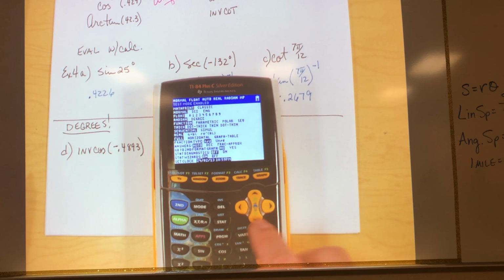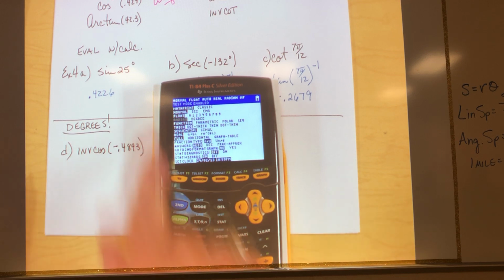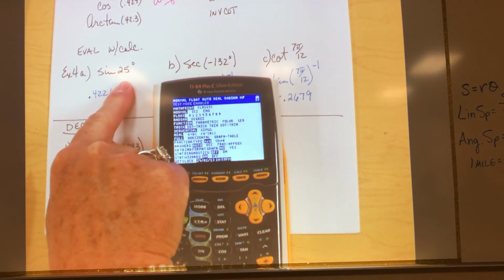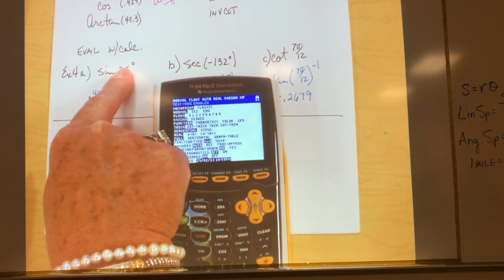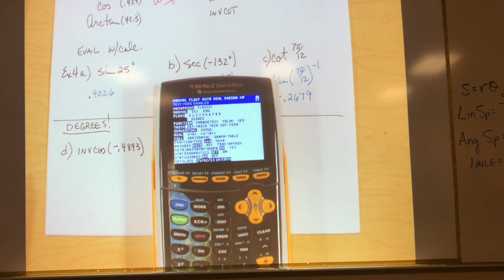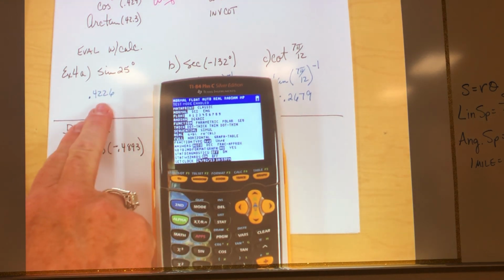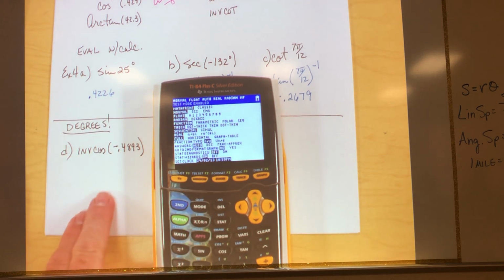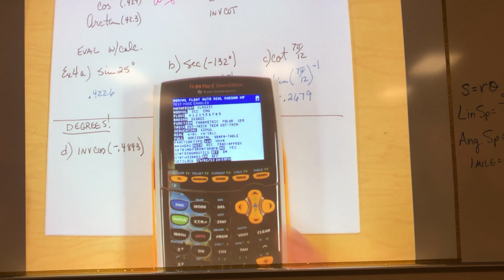In degrees. Okay, and this is what one of the kids said. Miss Davis said, I always leave mine in radians, and then up here he leaves his in radians and puts that degree sign on that 25. That makes it take it as 25 degrees. It will give him the right answer, but then he was like, what happens down here? And I'm like, you're in radians. It's gonna give it to you in radians. Well, I don't do that. So I'm gonna go over here to degrees. I assume that you could change it to degrees by multiplying by